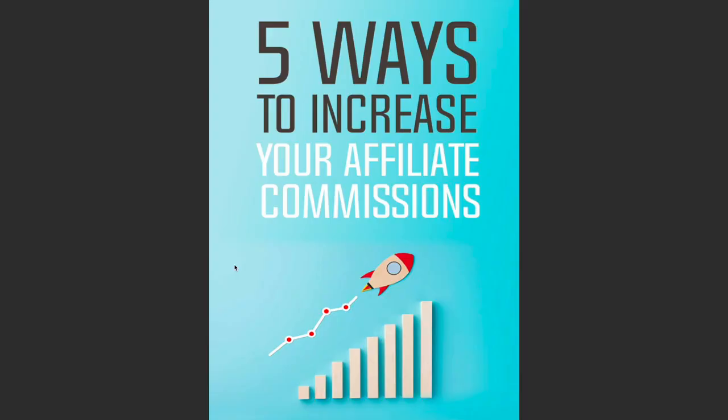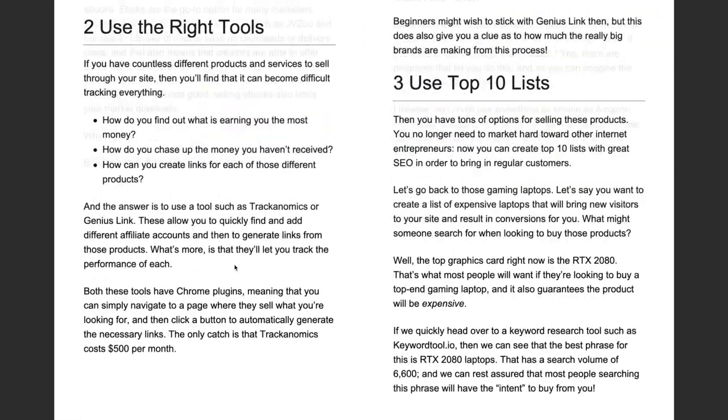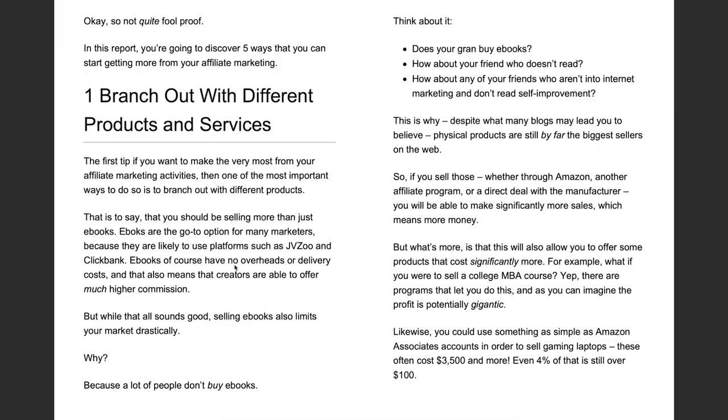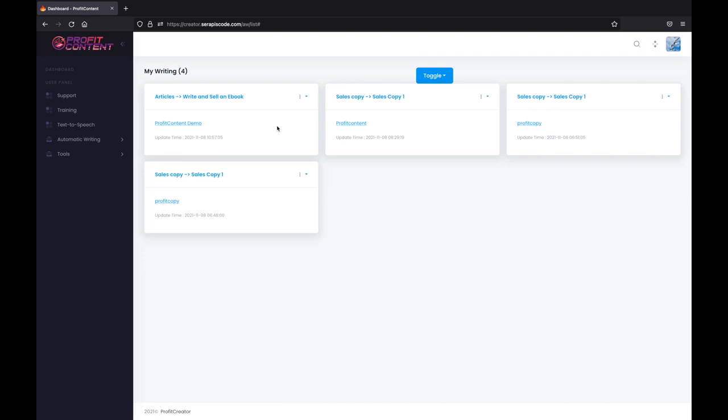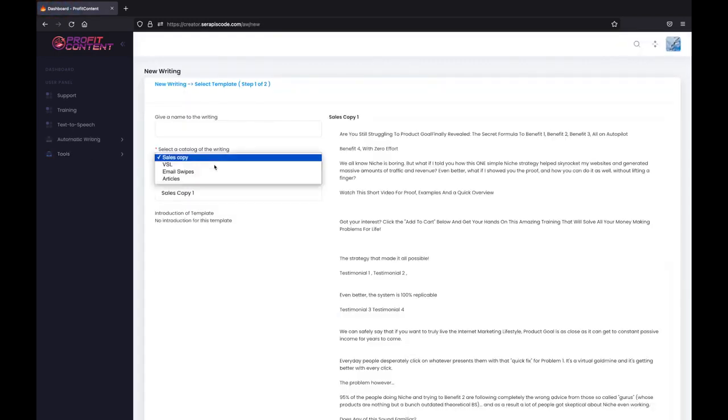Here's another one on how to increase affiliate commissions, again created with Profit Content. Again, spread out through different chapters with all the information a customer would look for, ready for you to sell. It's that easy. And with thousands of articles at your fingertips for either sales copies, video scripts, email swipes, and articles,